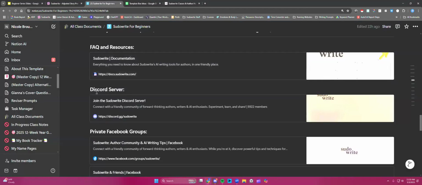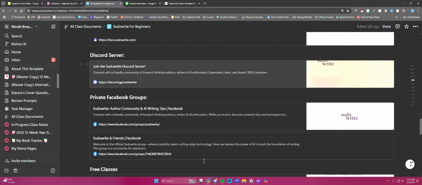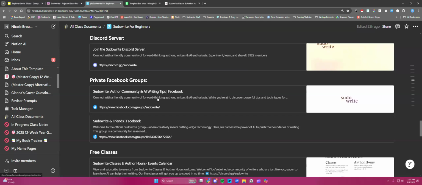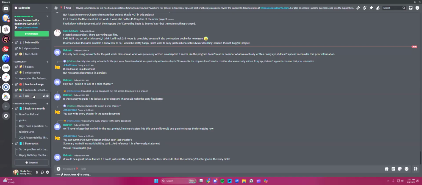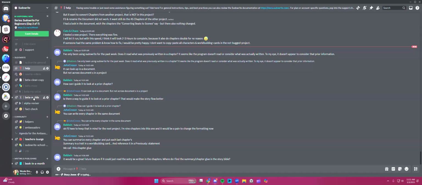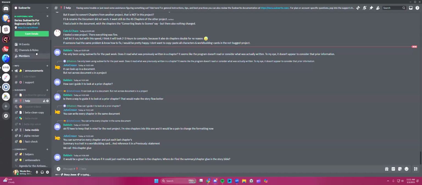Very helpful. We have our Discord server. Click that. It should prompt you to sign in if you already have a Discord account. I prefer to use the app so I don't have to keep signing in. So this is our Discord server right here. And you'll see all of this on the left. That's your different channels, okay? You won't have access to all of these. But when you come in and join for the first time,